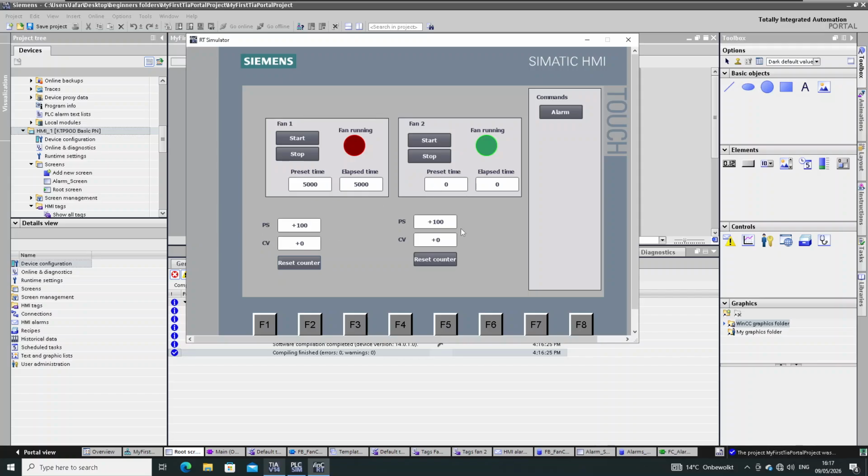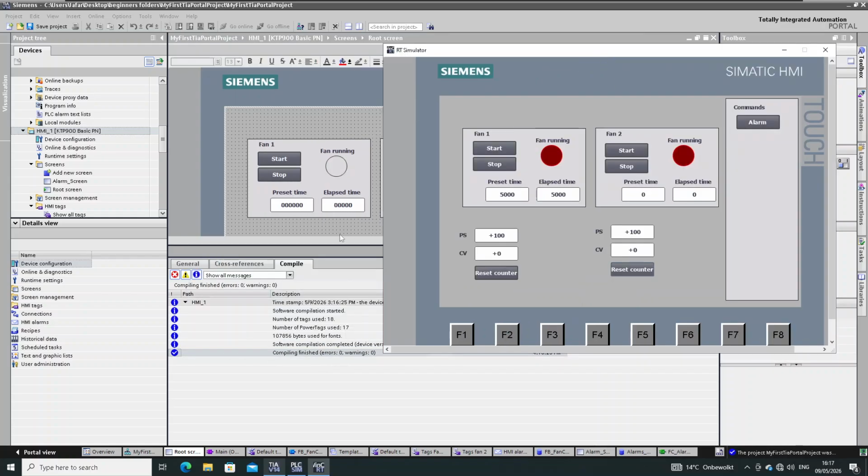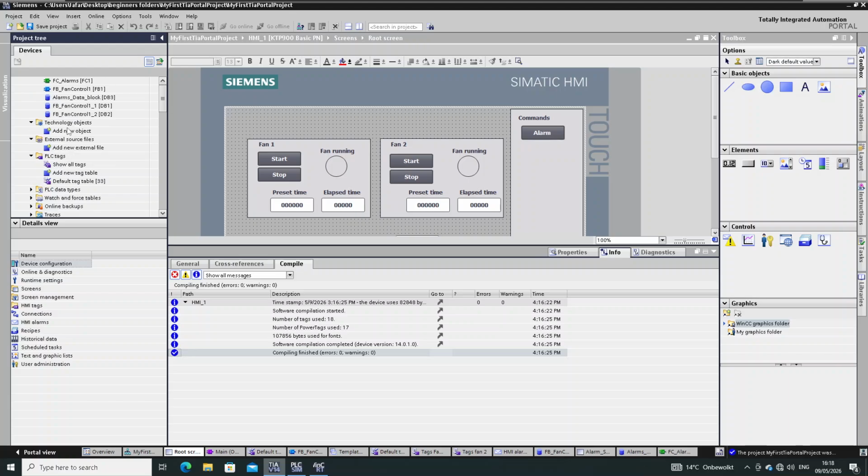And again, with our fan 2, the same case, we will start our fan 1, we stop without any timing, right? And we start again 2, we start again 3, and we reset our counter, it is back to 0, right? And the same case, if we go to our OB1